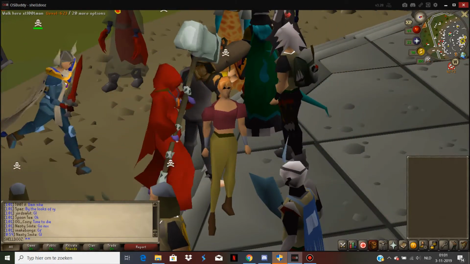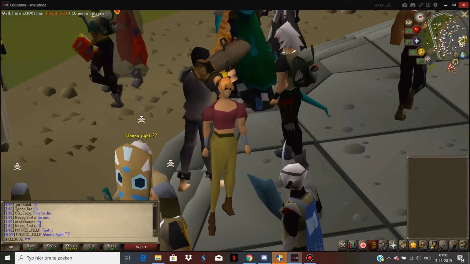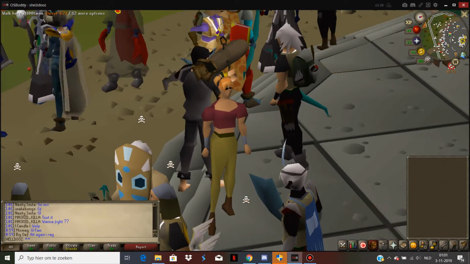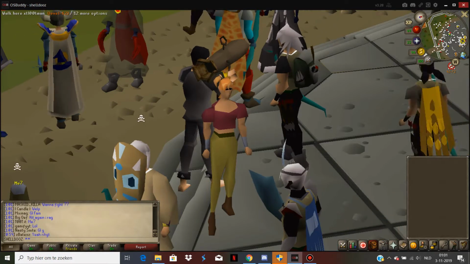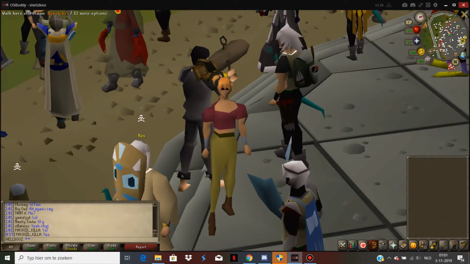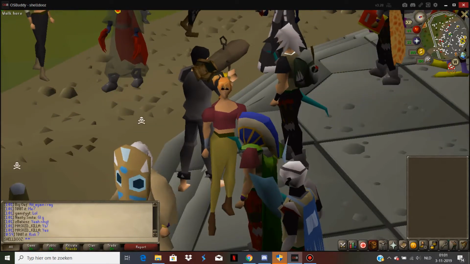Alright, first of all, obviously you can see where I am. You can see it on the skull. I'm in a player versus player world. I think this is one of the best methods to make money for a free player and for members. You don't have to do anything. You can